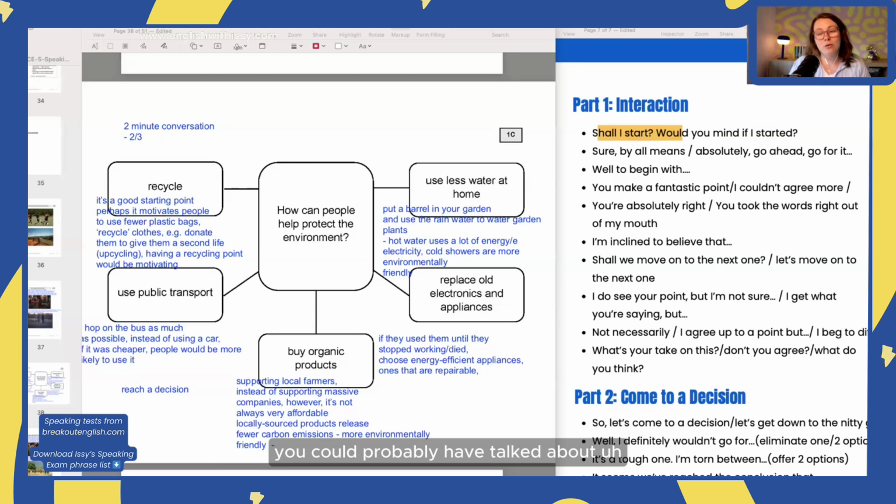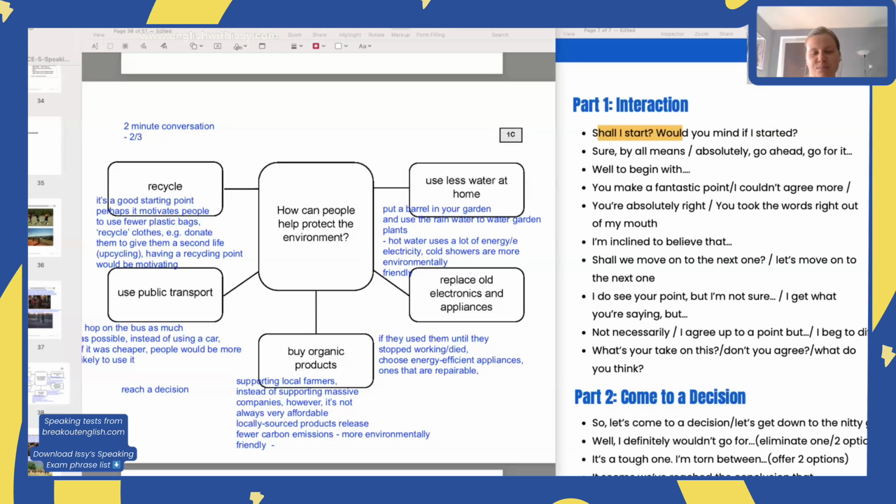You could probably have talked about one more point, maybe. Maybe they should be more specific, because I think that Michaela at the beginning was too detailed, and she tried to speak about her childhood and that she grew up on the farm. So maybe it was just too much. Maybe it should be a little bit shorter.